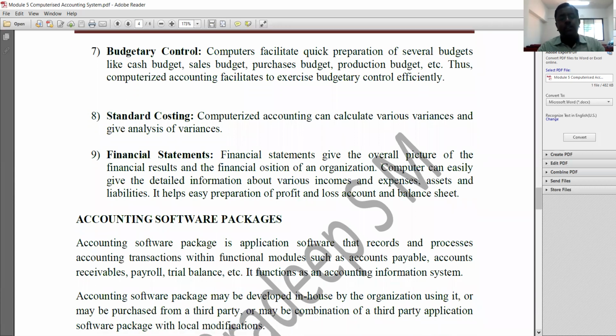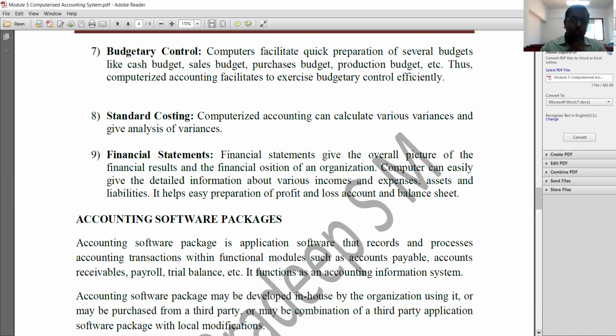Okay. Then you can even use it for budgetary control. What is a budget? A budget is nothing but an estimate. A budget is nothing but forecasted incomes and expenditures. Understood? Businesses have certain budgetary systems. They need to prepare a cash budget to know the estimated cash inflows and cash outflows. They need to prepare a sales budget, a purchases budget, and a production budget. So in order to prepare all these budgetary statements, a company can use a computerized accounting system in budgetary control.